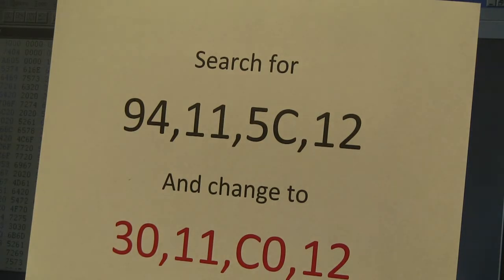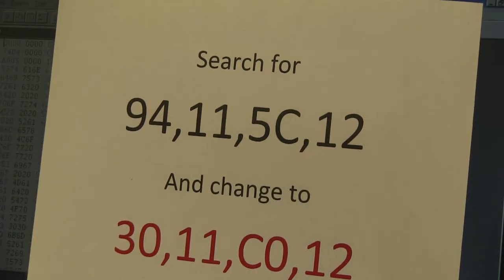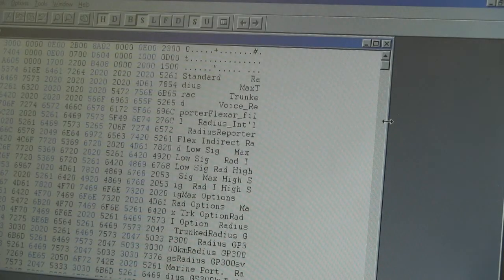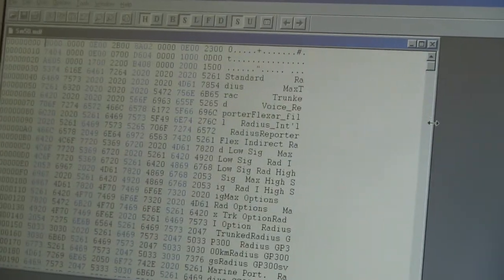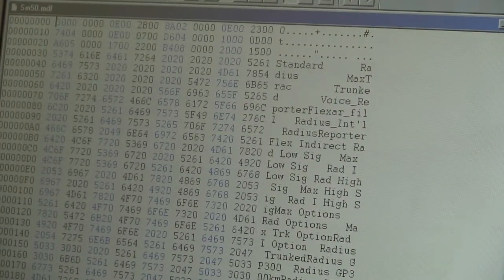One of the things that you need to know about hex editing, though, is that the software has something called a checksum, and that value needs to remain the same. It can't remain the same if we start changing these values. So the first thing we want to do is to run a checksum on the software and write that number down. To do that, we are going to go up to Tools,